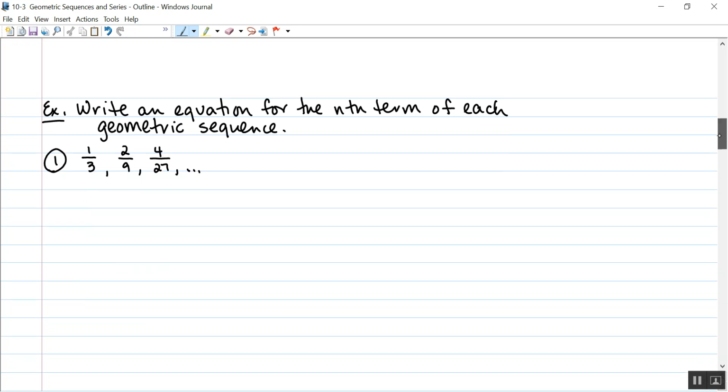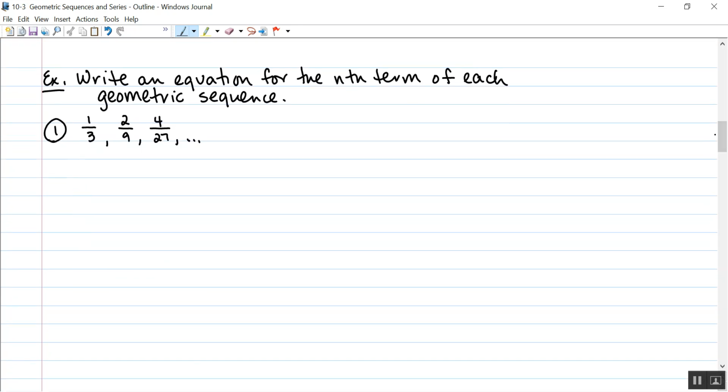Let's take a look at another example here. Write an equation for the nth term of each of the following geometric sequences. So for the first one, we have 1/3, 2/9, and 4/27. So we're going to use our formula a sub n equals a sub 1 times r to the n minus 1 power. And looking at this, I know that a sub 1, my first term, is 1/3, but I need to find